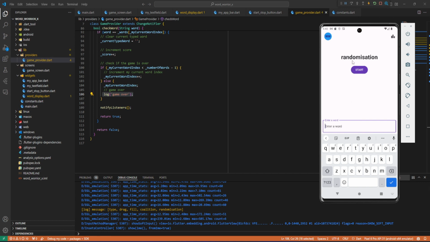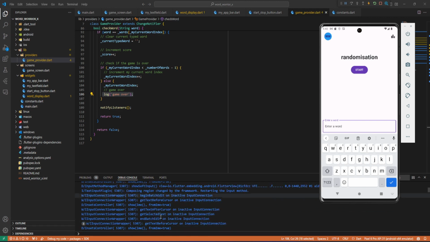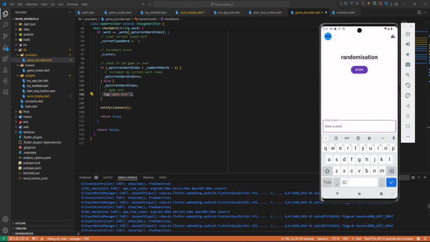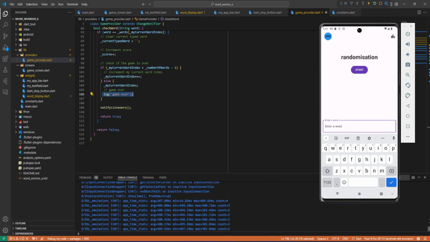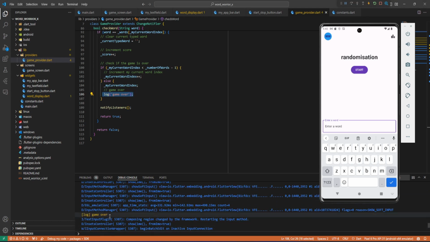Now this is the last word, which is going to be randomization. Great. So we have typed that last word. Looks like it's done, but let's see if we printed the game over. Okay, so you can see that we have printed the game over here,